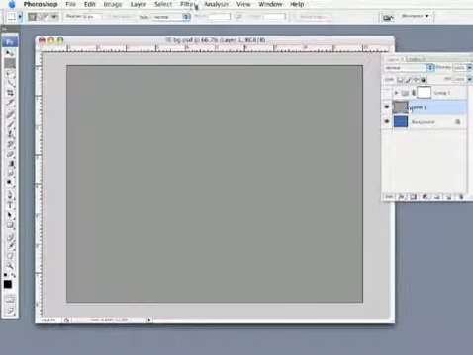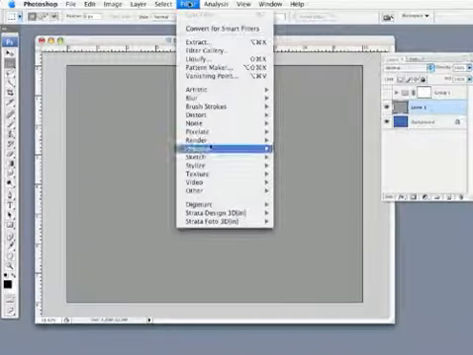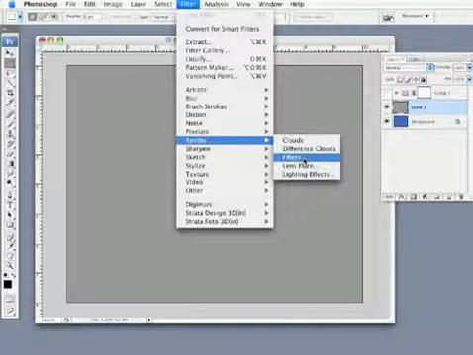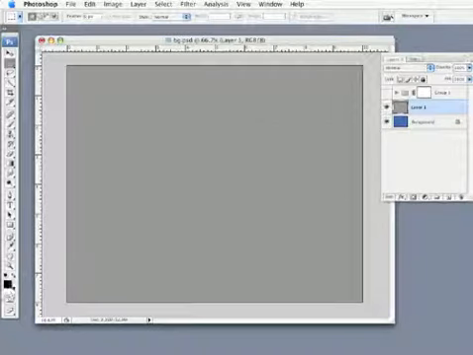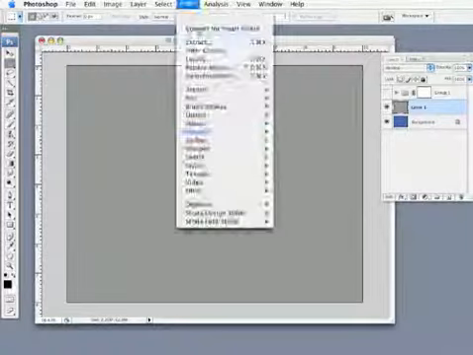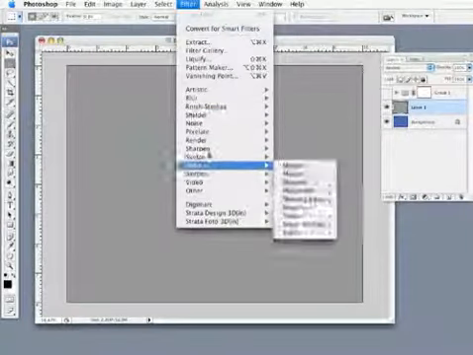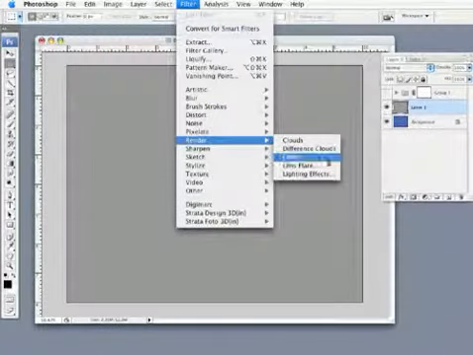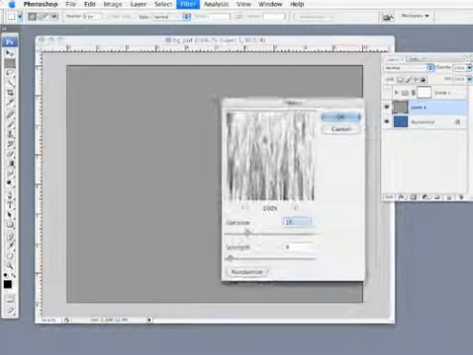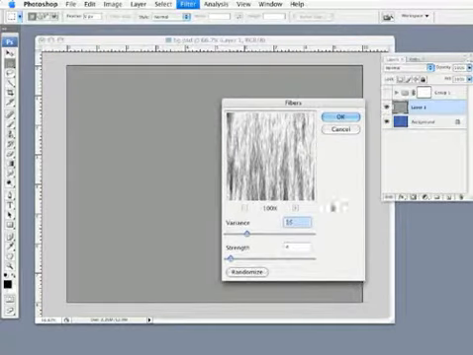Next, I'm going to go under the Filter dialog down here to Render Fibers. Now, before I do that, I want to make sure that my foreground and background color are set to their default black and white, as they are right here. Go under Filter to Render, where is it? There it is, Fibers. And I'm just going to leave the settings as they are, 16 and 4,